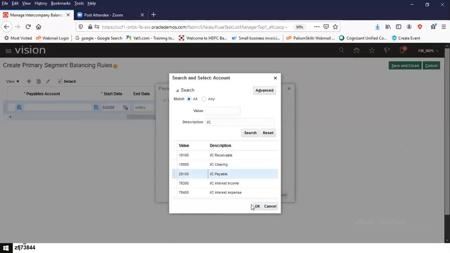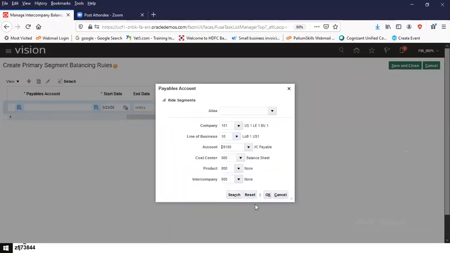We have a payables also, for the payables related intercompany account. And once this is done,